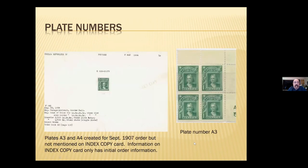Now, the next one shows you why you have to watch out. This one, they transferred 2 plates, and each plate had 200, and then it gets printed in a sheet of 200 and then divided into panes of 100. But this one example has a plate number of A3,